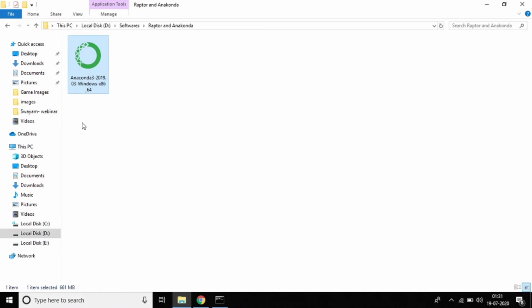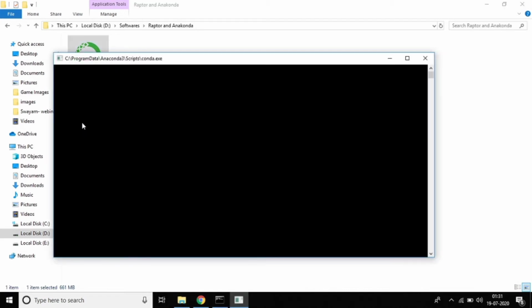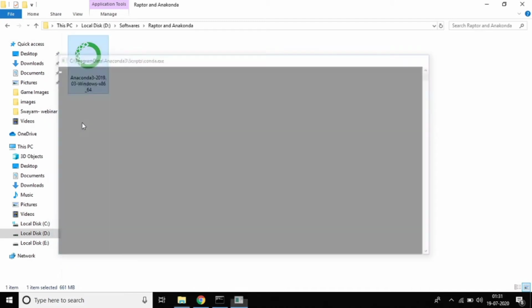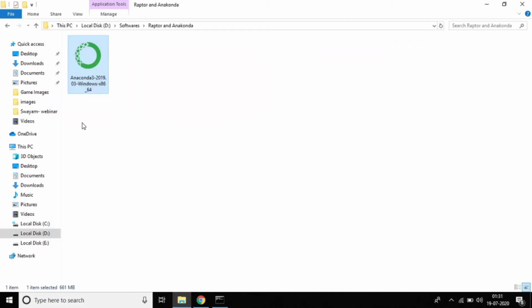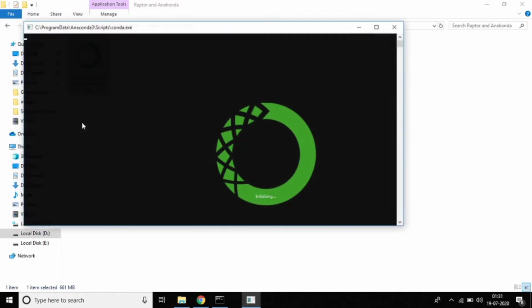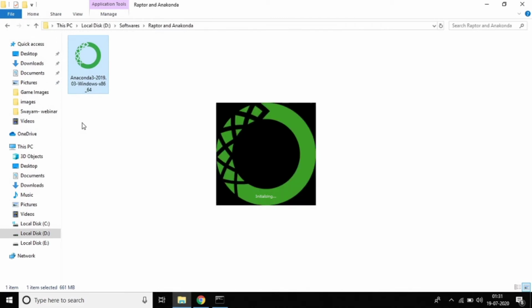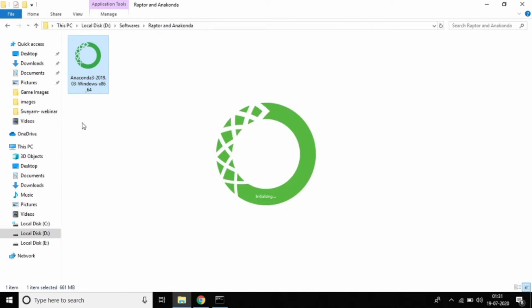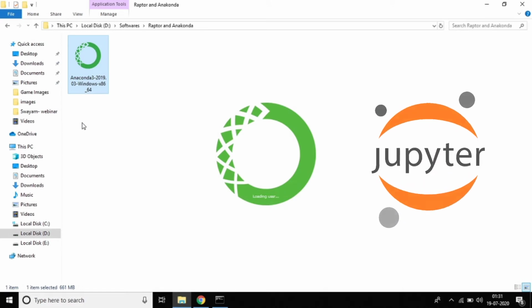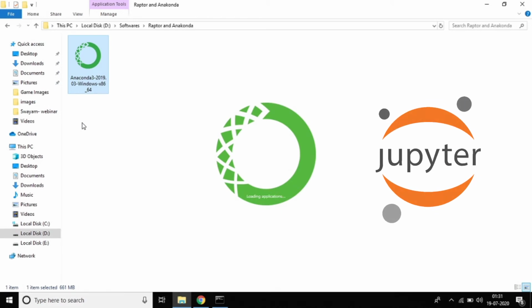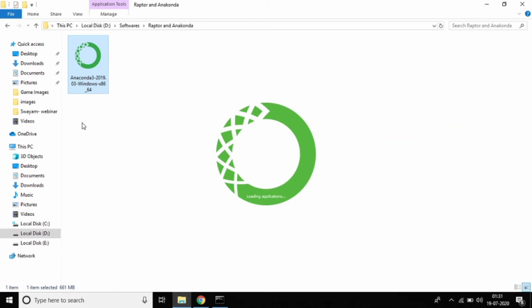Why am I using Anaconda actually? Haripriya, you have IDLE, so why are you using Anaconda? The reason is Anaconda is popular because it has many tools that can be used in machine learning and data science. Anaconda also contains popular Python libraries used in data science, and it also comes with Jupyter Notebook and Spyder, and a lot of tools are available in it. That's why I'm using Anaconda.